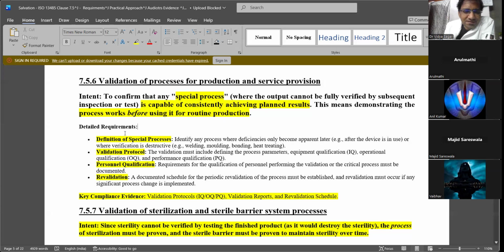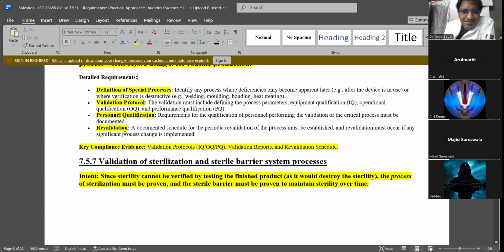I thought I could complete clause 8 today, but I'm running slow or explaining too much. What do you say, Majid? Vaibhav? Am I explaining too much or running slow? Whatever you are doing is good and it's working actually. I thought today I could complete clause 8, but I'm running short of completing clause 7 only.